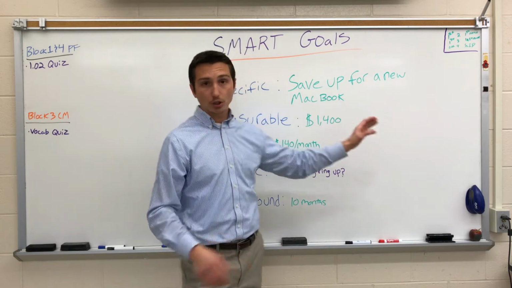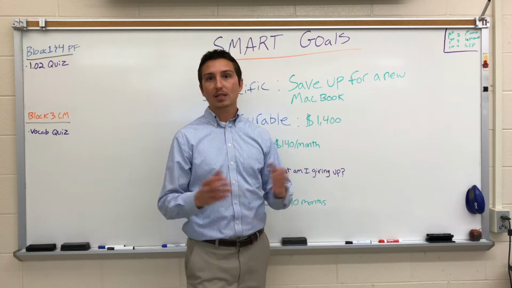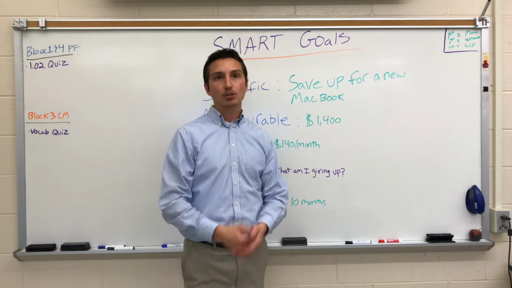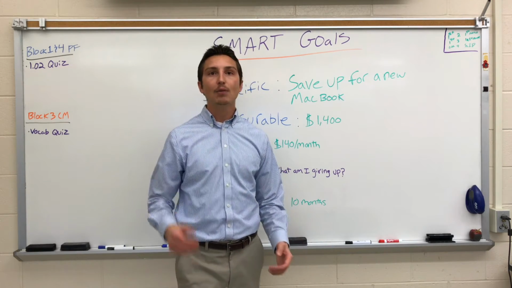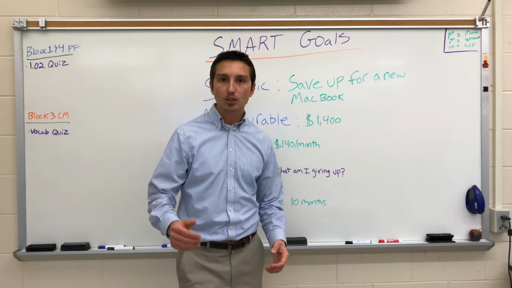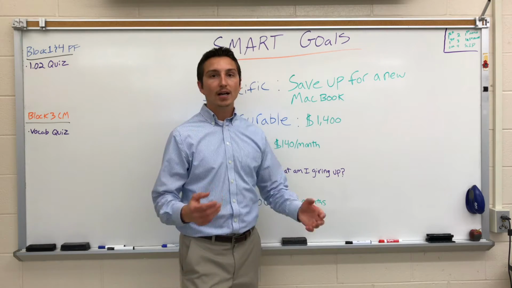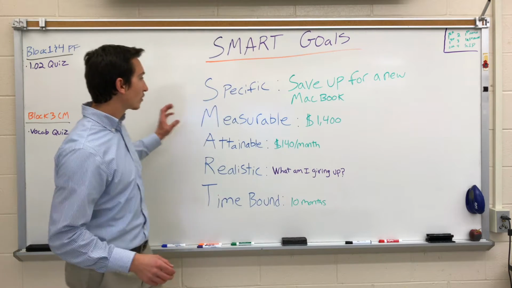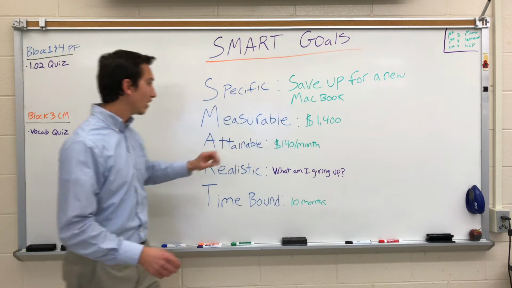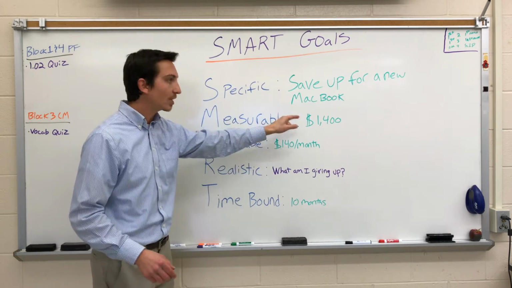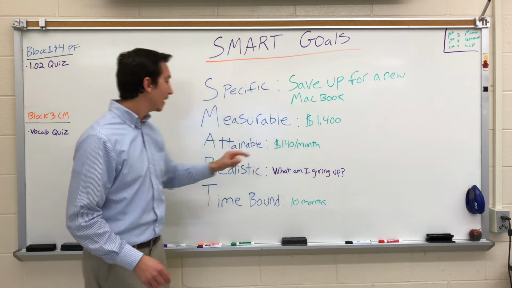And I would say this goes with finance as well as anything else. It's the same with athletics. If you're trying to get your 5K time down, you want it measured. Don't just say I want to get faster. Say, hey, I want to be able to run a 5K in 20 minutes. So I want to reduce my 5K time by 3 minutes. Same thing. So here, there's my measurable $1,400. So I know what I got to achieve. If I don't get $1,400, if I don't save that, I didn't achieve my goal.